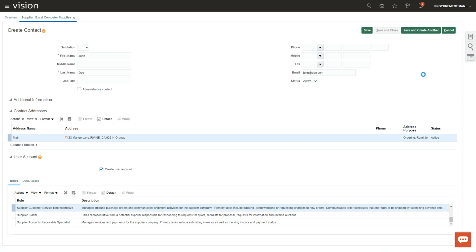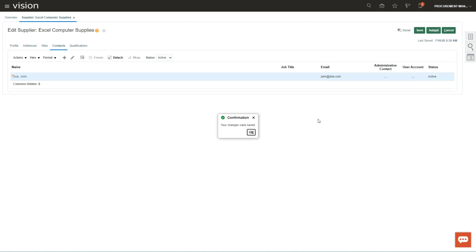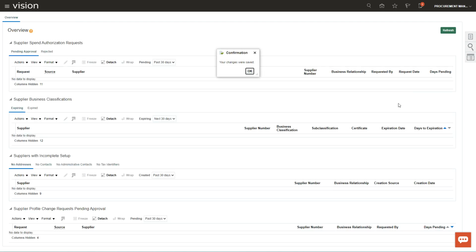I would say save and close. And then changes are complete, and you can submit it, which will create a supplier in the system. Okay, so changes were saved.